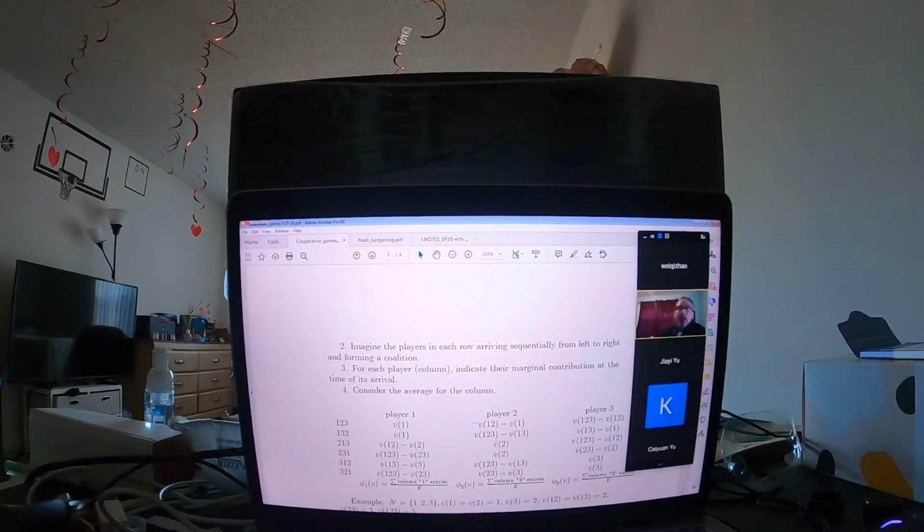Okay. Now I want to look at this somewhat differently. Instead of taking the sum of the averages, I want to look at the average of the sums. So we're taking these sums down the column and taking the average. What if we were to take the sums across the row? These, by the way, are the same 18 entries, whether we look at them horizontally or vertically. But let's look at any particular row and take the sum across the row. What is that? Well, if we look at the first row, we have v of 1 plus v of